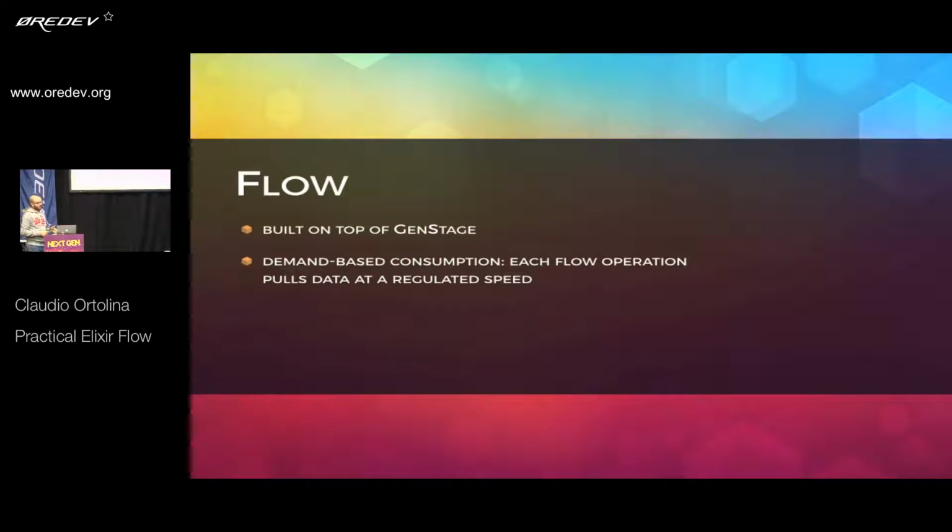The speed is regulated, and we will see how we can regulate it. But you essentially go as fast as you can without inflating memory, and that's the main property that makes it particularly suitable to work on large amounts of data, because you don't have to load the entire data set in memory. So you can go through it piece by piece with different behavior in terms of memory usage and garbage collection.